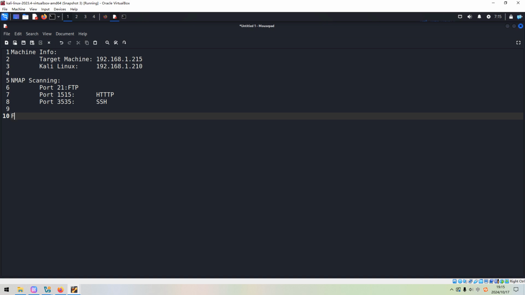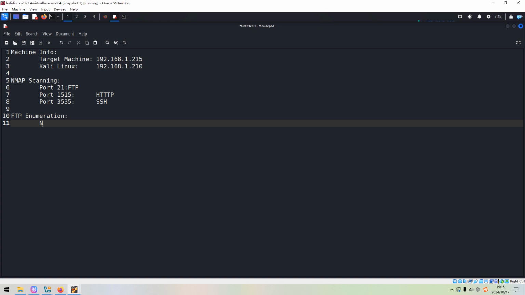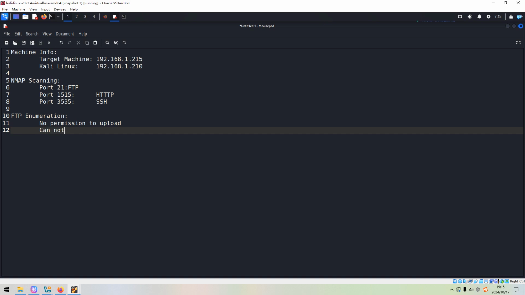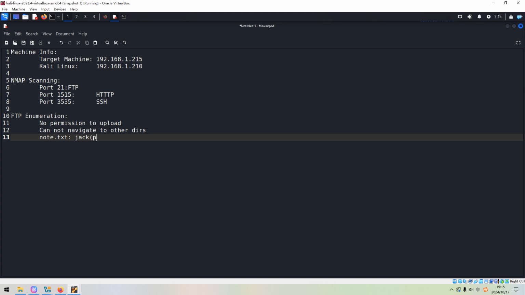Now from the FTP enumeration, what we can get: the first one, no permission to upload; and we cannot navigate to other directories; and we got down the note file, and from this file we can get a possible username, Jack, possible username.